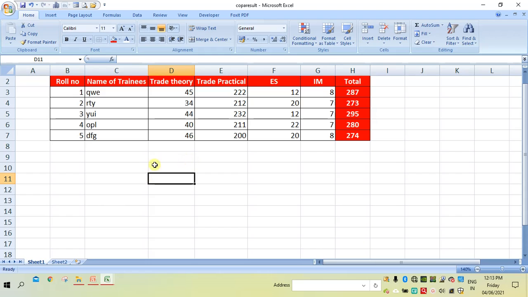To make the letters bold, select. So I will select the entire one and then I'll click on this. So they will become bold. So if you again click on that, the bold will be eliminated. So therefore it is a toggle.